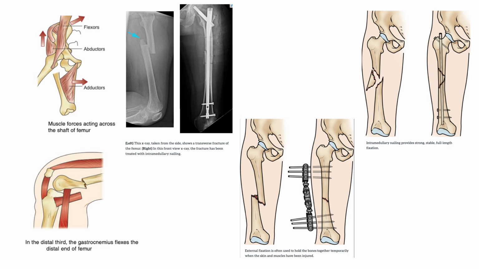When IM nailing fails, the plates and screws are used, such as for fractures extending into either the hip or the knee. For that also, the plates and the screws are used. Also,